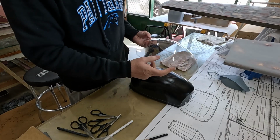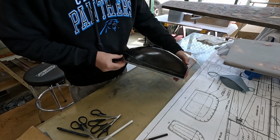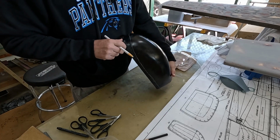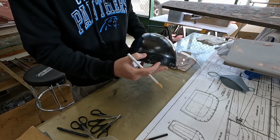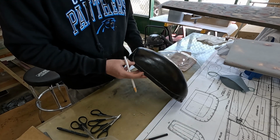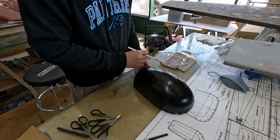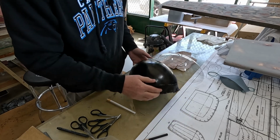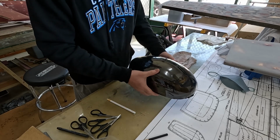To help get a better cut line for this canopy, the first thing I've done is I've used a white China marker, and I went around what I believe to be the bottom of the canopy. I really could have helped myself out here a little bit by, as I mentioned, putting some Chart Pak tape, which would have molded in a nice cut line. But since I didn't do that, I used the white marker, and then I placed the canopy over top of that,